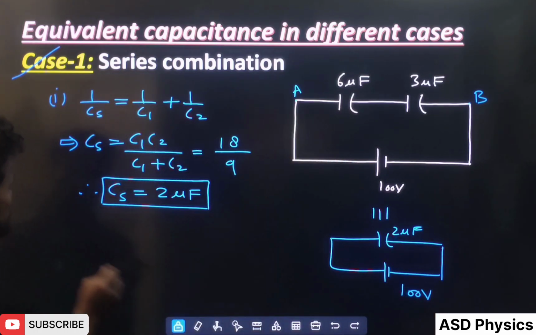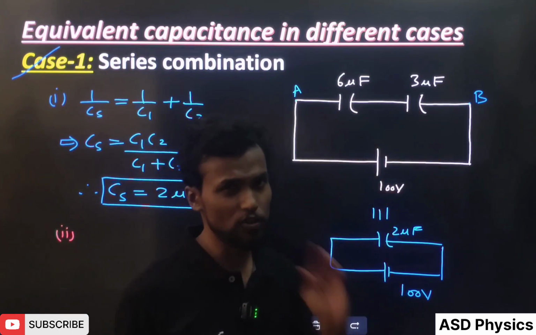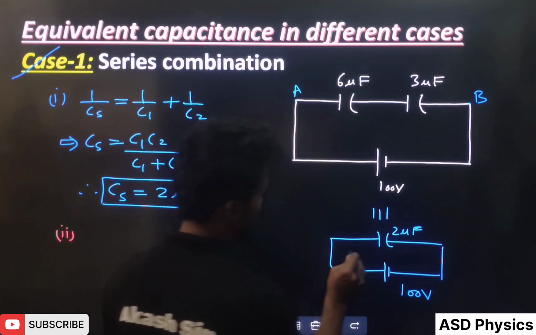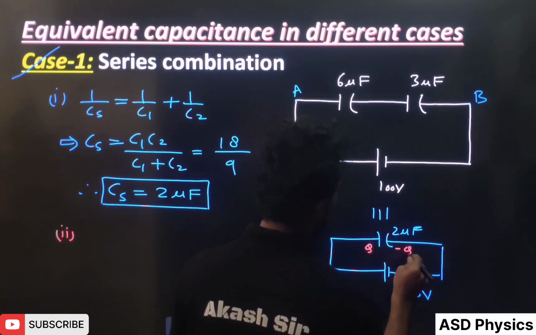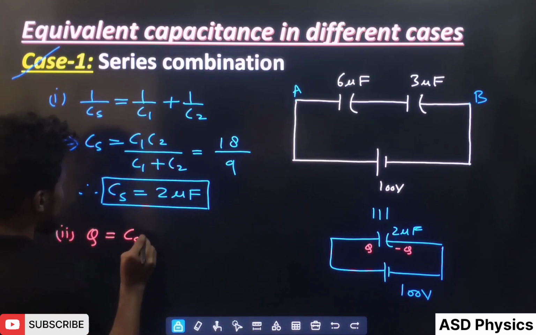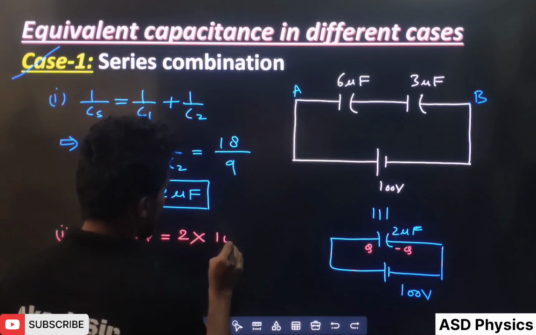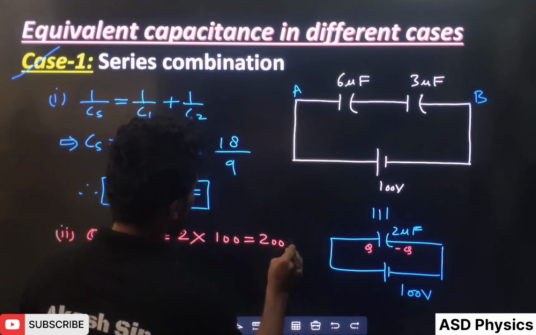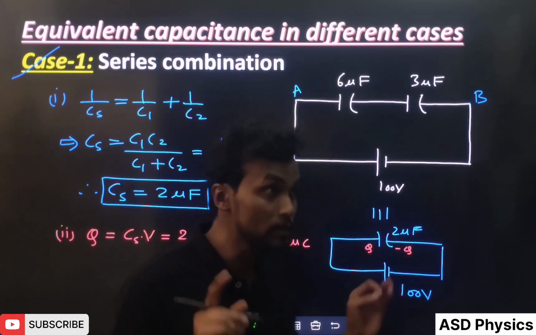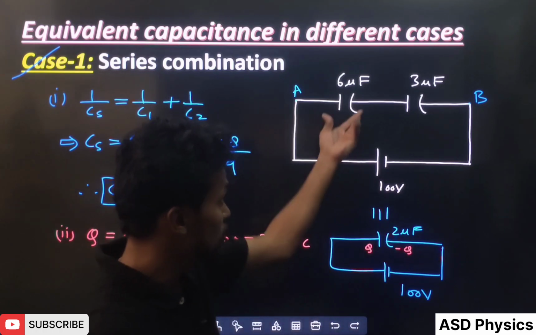After that, in the second case, let's take the charge across each capacitor. You know very well the charge in a series combination is always constant. So let's take the charge here as Q and here as minus Q. The charge is given by Cs into V. Cs is 2, V is 100. So it will come 200 microcoulomb. Remember that in series combination, whenever we have to calculate the charge across each capacitor, first